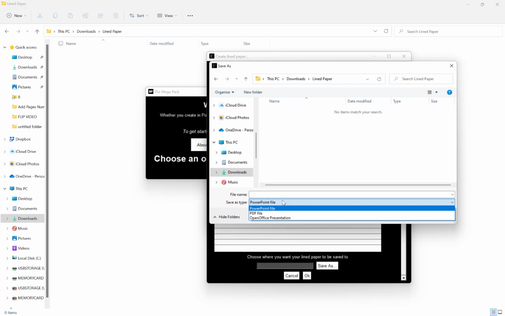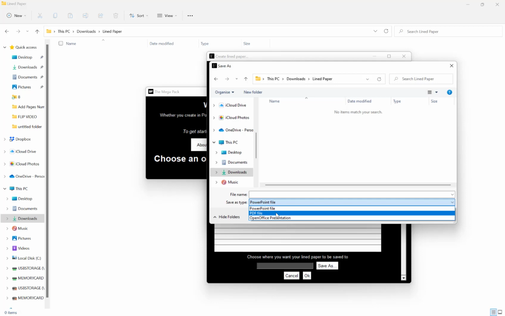the option to save as a PowerPoint file, which of course can be opened in PowerPoint, but also in software such as Keynote, OpenOffice, LibreOffice, Google Slides. You can import it into Canva, etc. And we also have OpenOffice presentation here, which is obviously the default file extension for OpenOffice and LibreOffice. And then we have a PDF file here as well. So if you wanted to import it into Photoshop, into Affinity Designer or anything like that, you can also create